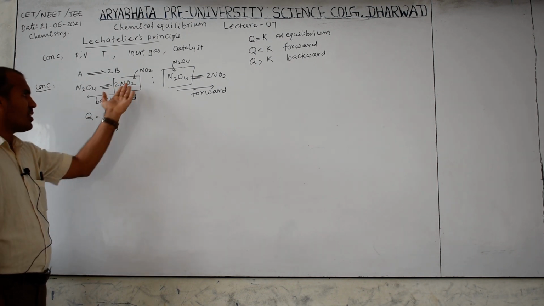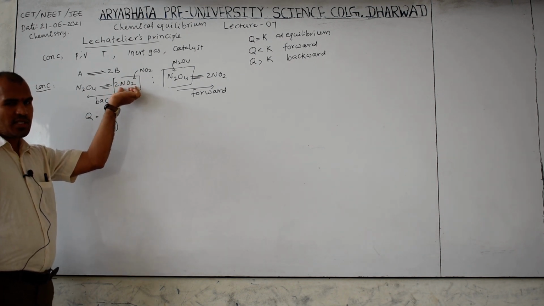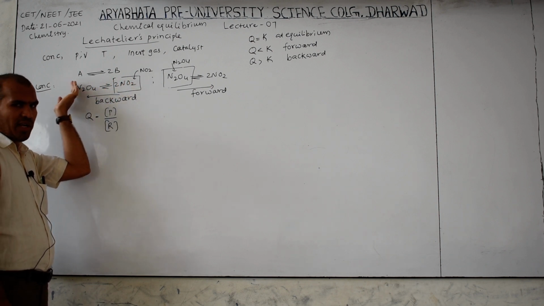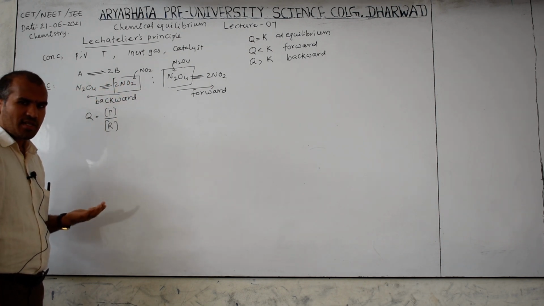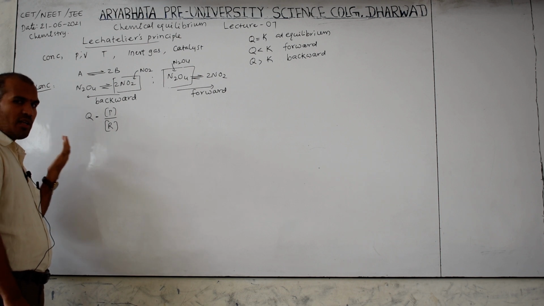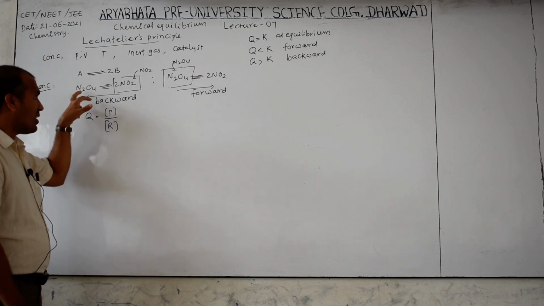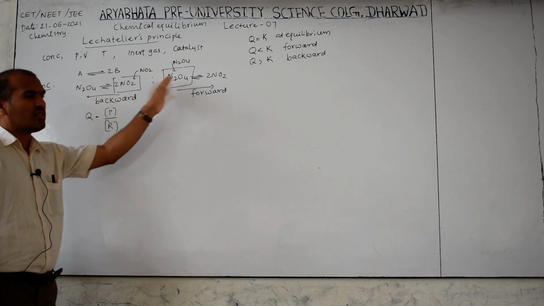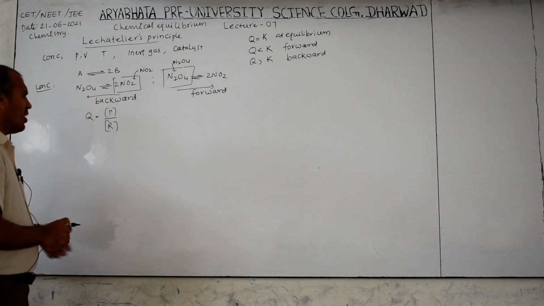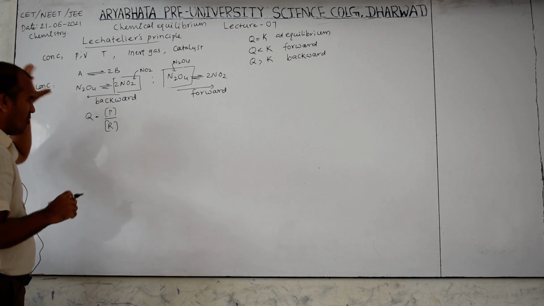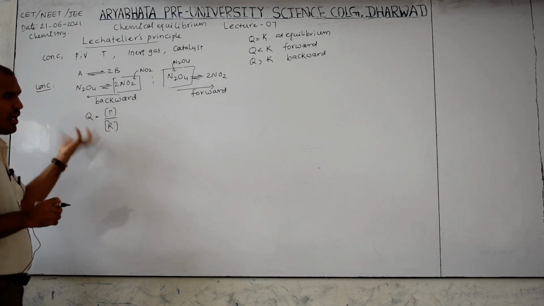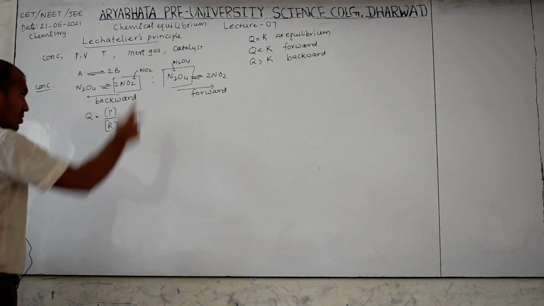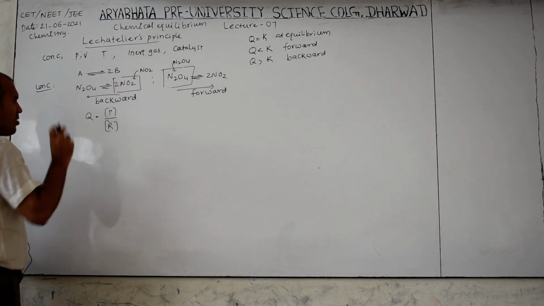Similarly for the backward reaction, two statements. What is the backward reaction? If you increase the concentration of product, then here is less only, therefore the reaction moves towards backward. So increase the concentration of product, reaction backward. Otherwise decrease the concentration of reactant, that is also backward. Similar to this, opposite. Okay. If you don't know like this, then always apply this formula and you can decide forward or backward. These three conditions you always have to remember.